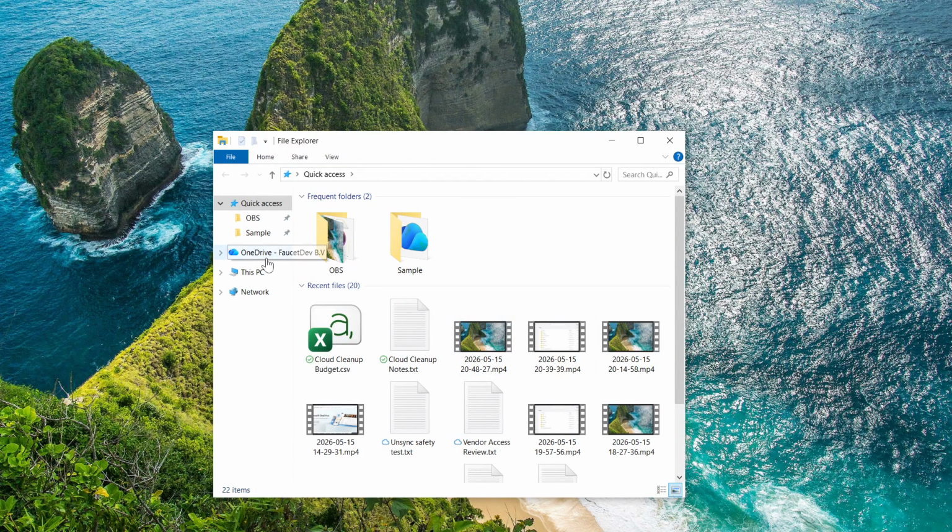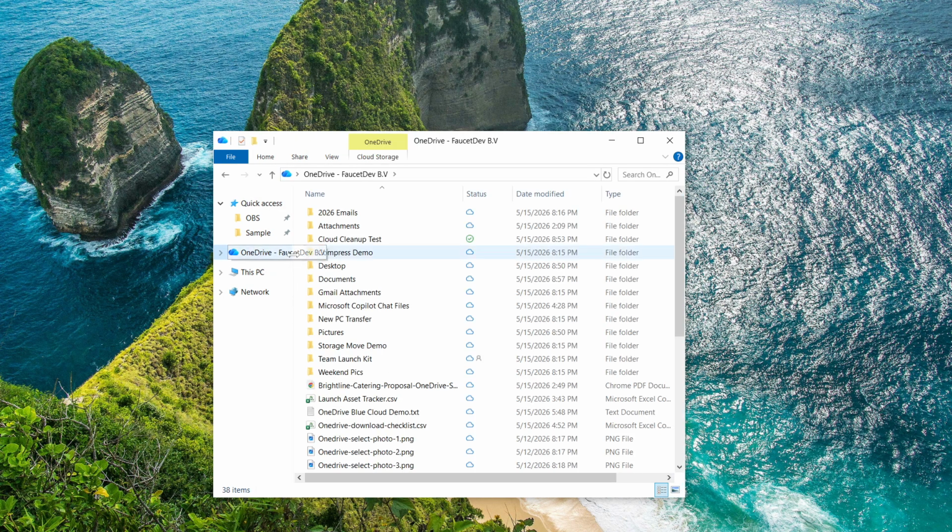When File Explorer opens, look at the left navigation pane on the side of the window. Find and click on OneDrive, or it may be labeled OneDrive-Personal depending on your setup. After clicking it, you'll see a sample file list inside. In my case, the folder we'll be working with is called Cloud Cleanup Test, but yours may have a different